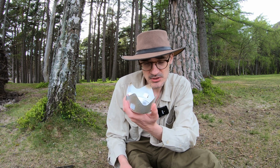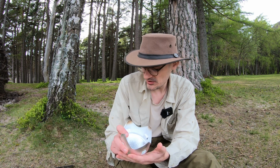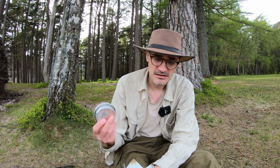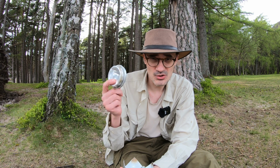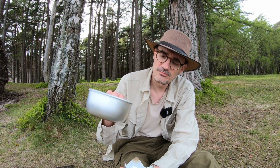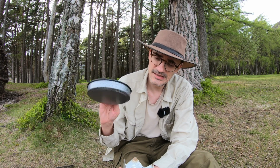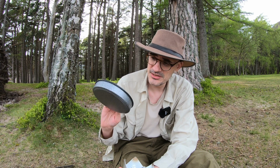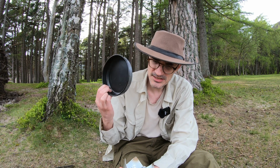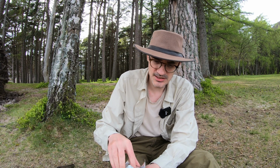It's also my first time using the Trangia Mini, which is new. So it comes with a windshield, a meths burner or a solid fuel burner that I've got here, a tiny little pot, and an even tinier one-person frying pan. You'd be lucky to get 4 sausages in there, I think, but it'll be interesting to see what I can do with it. Like all Trangia products, they just work,